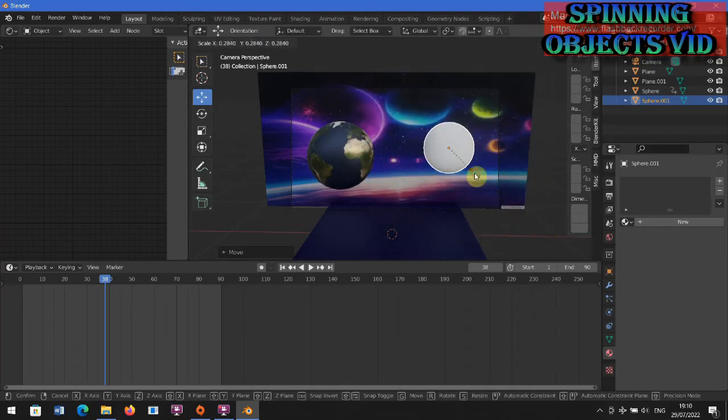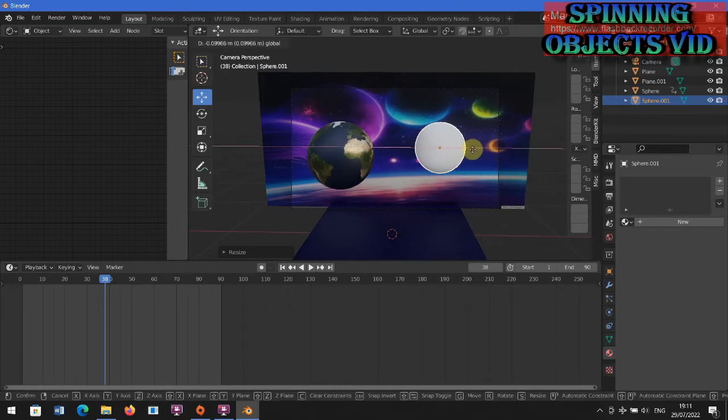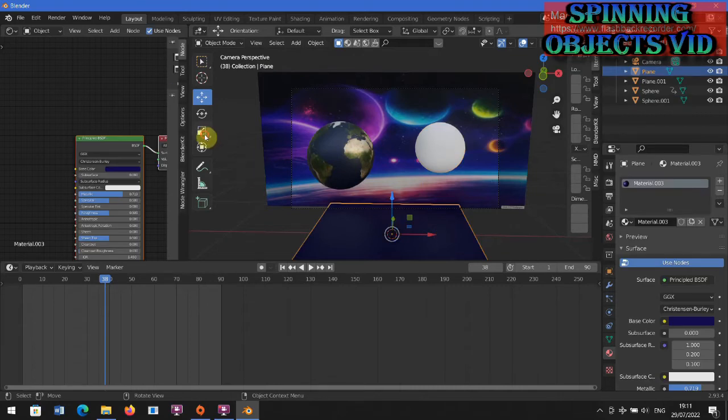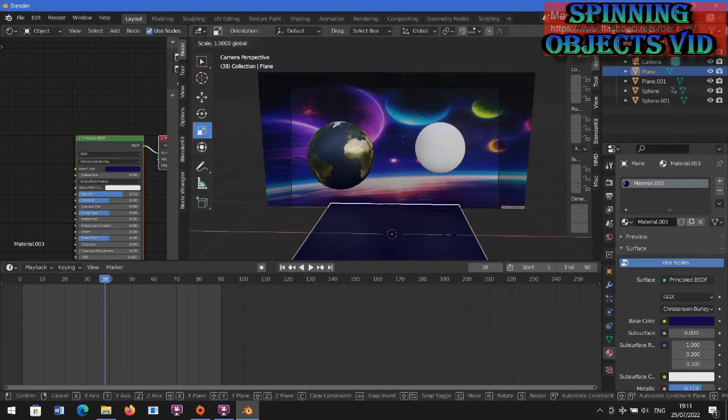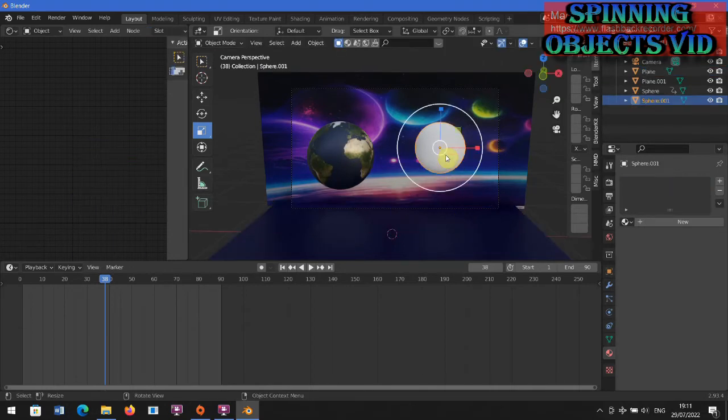I'll make this one a bit smaller and move it across. You can see my bottom plane needs to be stretched as well, so I'll click on that and stretch that across. Then I'll click back onto my second planet, go to the materials, hit new,